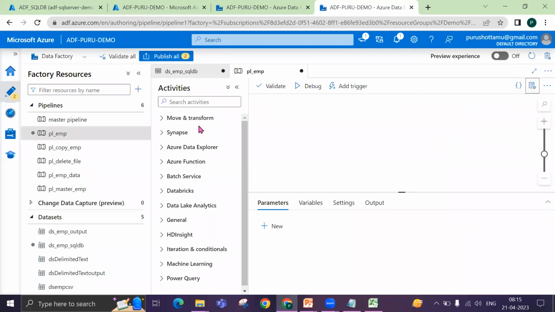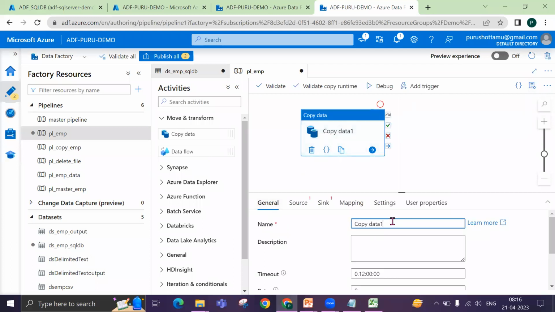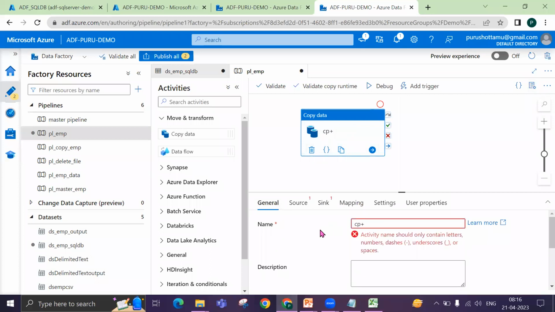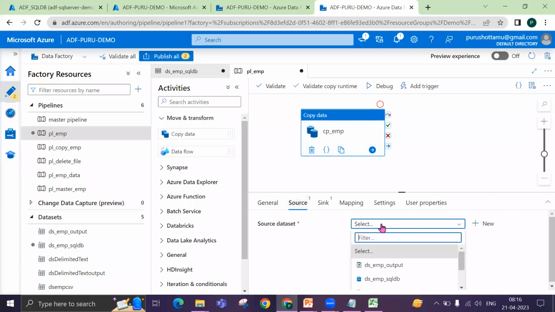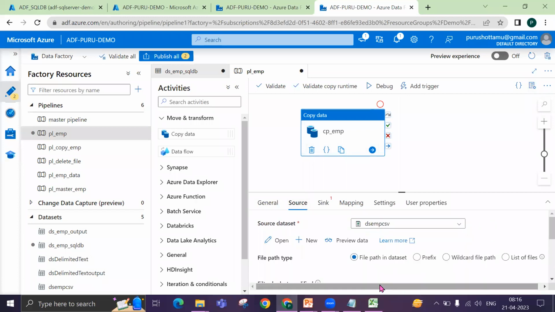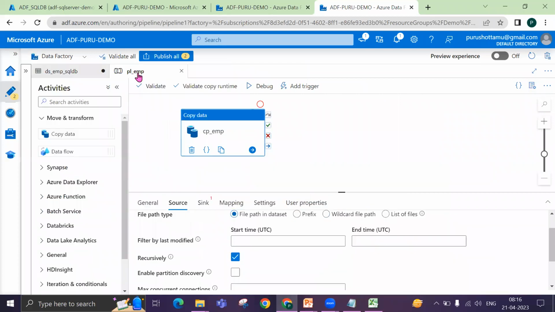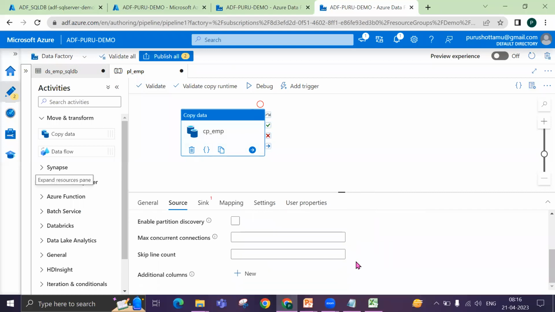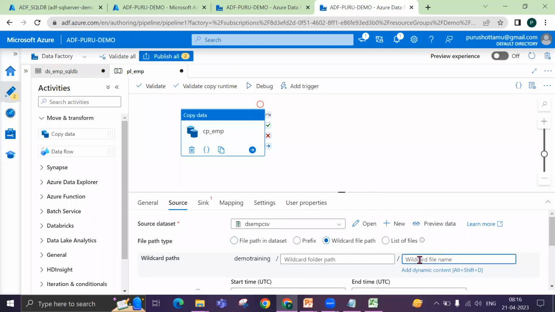Okay, so copy, and the source is our employee CSV dataset. Okay, so in our demo training we have